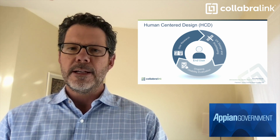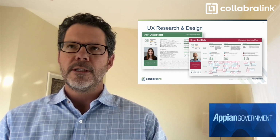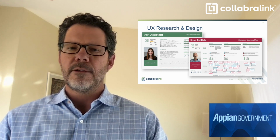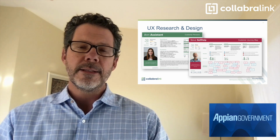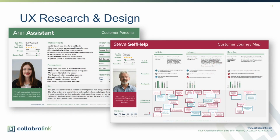The benefits of our HCD process include increased adoption of digital services, increased efficiency, reduction of errors, and overall satisfaction with the services you're building. As I mentioned, UX research and design are two key components of our HCD process. UX research promotes transparency in prioritizing user needs and balancing end user goals, and UX design illustrates the intent of